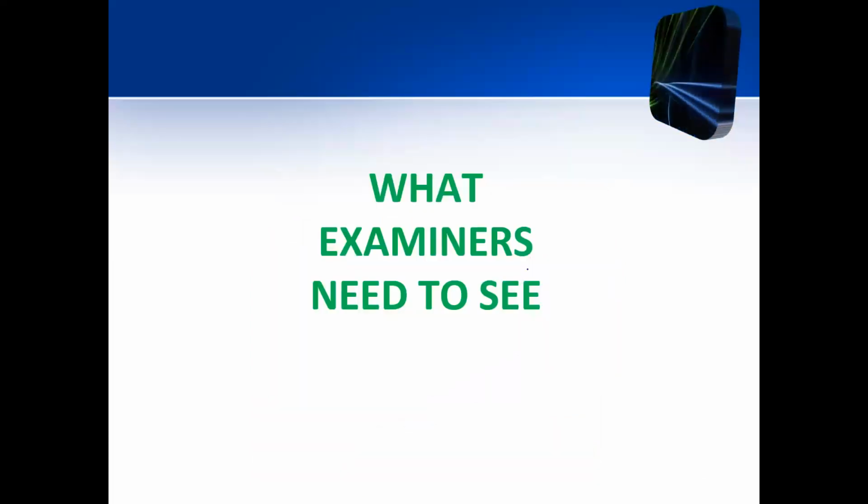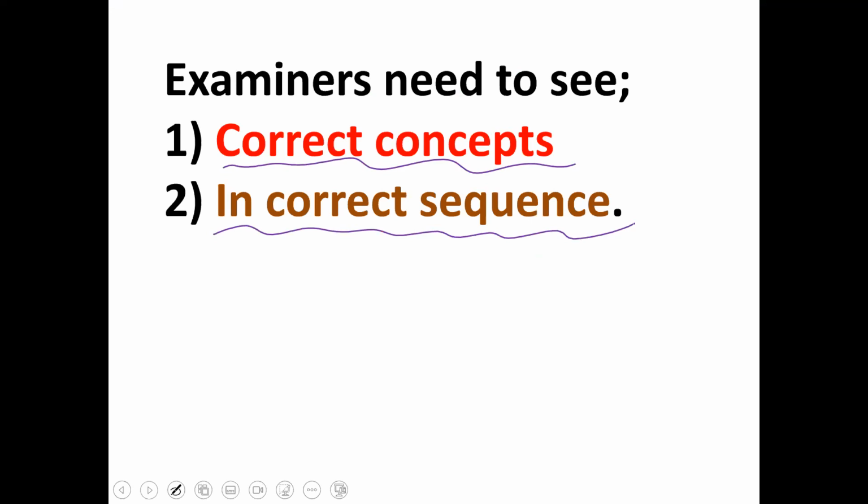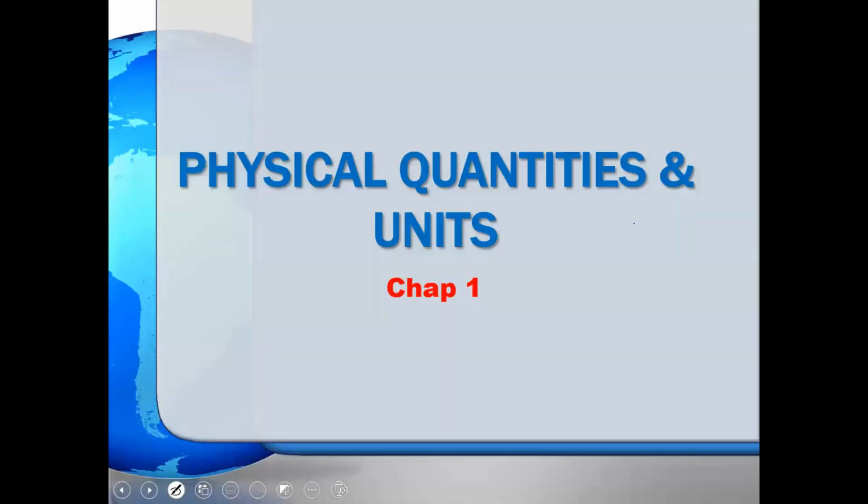Now in O-level, you have done the same Cambridge system. So you know there are two important things for which students are taking classes. They need correct concepts, and they have to connect the concepts correctly. So what examiners are looking for in A-level, the marking system is much higher. Many theories will continue, many concepts will continue. The main challenge comes because examiners are more demanding. They want good quality work as compared to O-level. They want more work. Now, we are starting our first chapter, physical quantities and units.